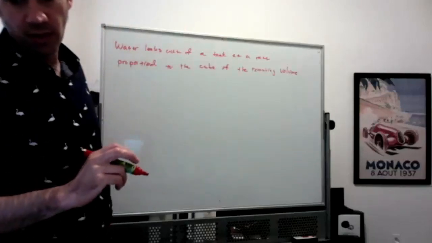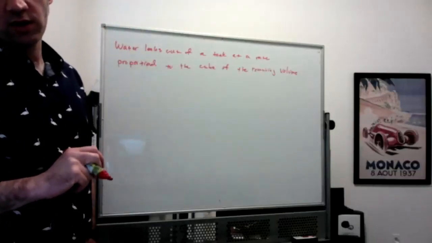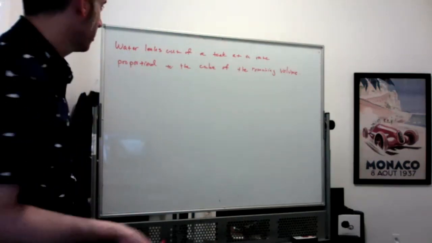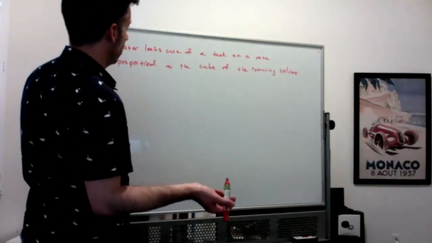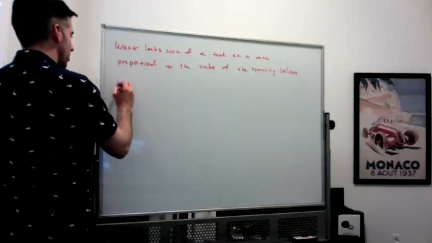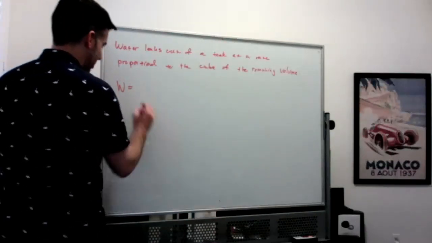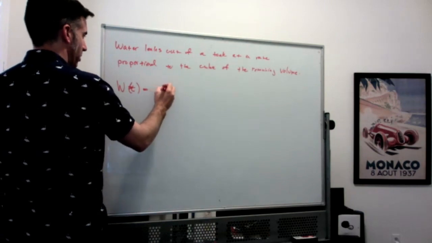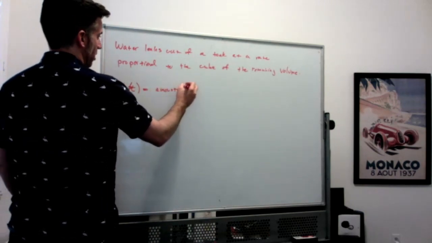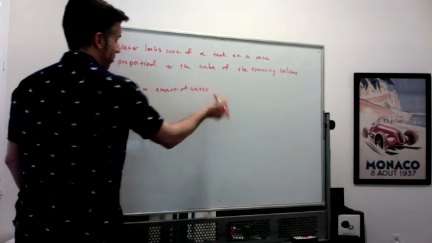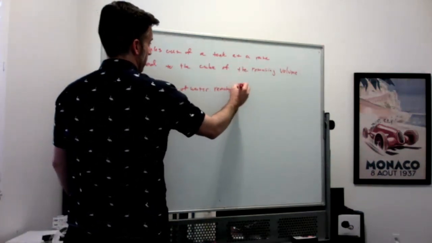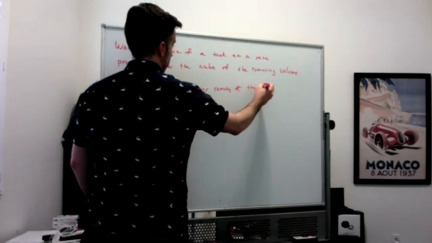Okay. Write down a differential equation that models the situation. Be sure to say exactly what each variable represents. Okay. So let's say that W of t is the amount of water remaining in the tank at time t,